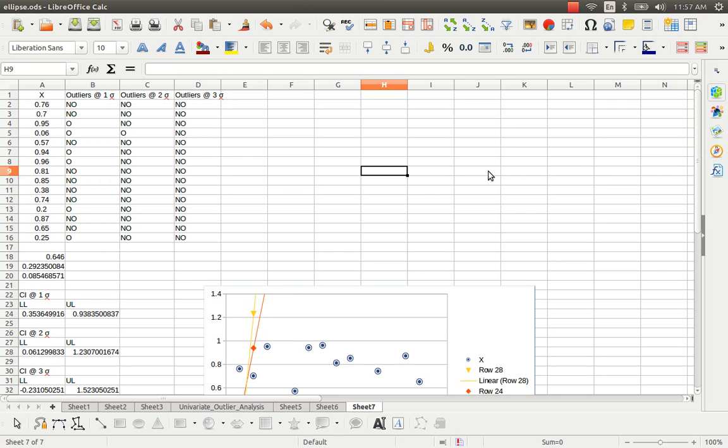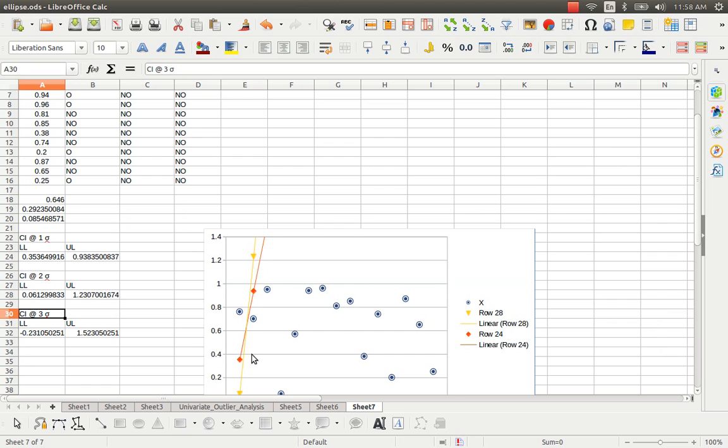In my previous videos I explained how to simulate the dataset, and after that compute the confidence intervals at 1 standard deviation, 2 standard deviations and 3 standard deviations. You can see the calculations in the spreadsheet. I also explained how to plot the graph at different confidence intervals, and how to enumerate the outliers with the help of the confidence intervals, I mean the upper and lower limits, and also how to plot those limits in the graph,